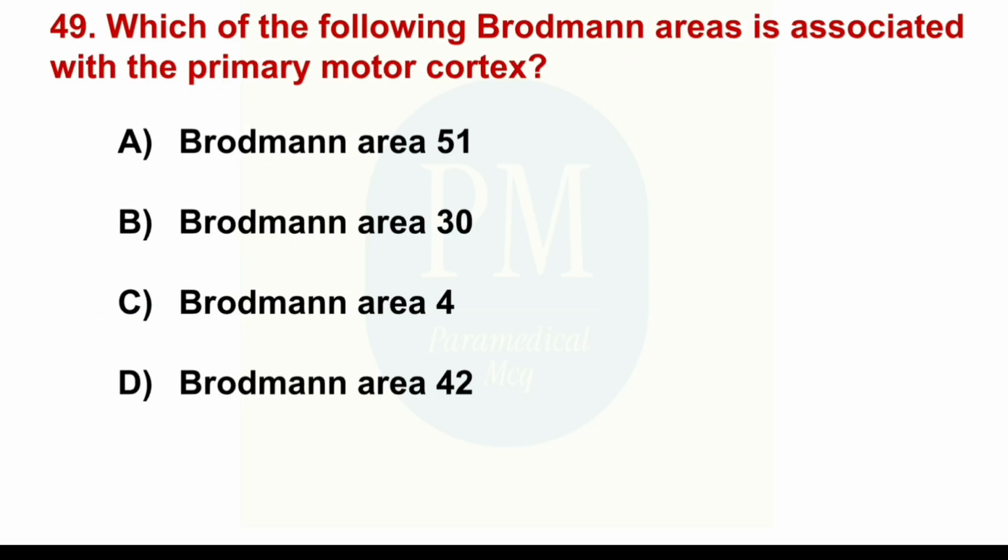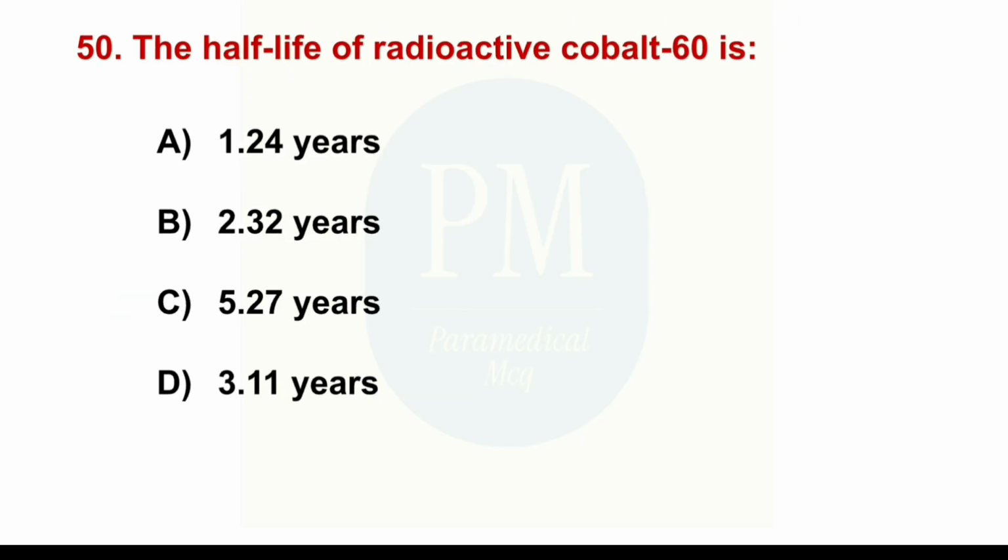Which of the following Brodmann areas is associated with the primary motor cortex? Option A, Brodmann area 51. Option B, Brodmann area 30. Option C, Brodmann area 4. Option D, Brodmann area 42. The correct option is option C, Brodmann area 4. The half-life of radioactive cobalt-60 is option A, 1.24 years. Option B, 2.32 years. Option C, 5.27 years. Option D, 3.11 years. The correct option is option C,